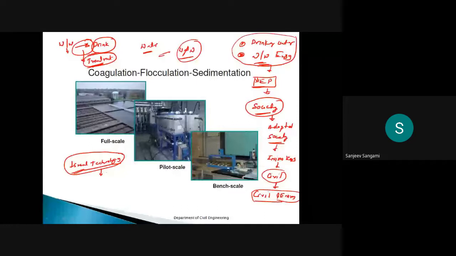So with understanding of this, maybe we'll try to complete all these processes in another 4 to 5 classes, but after that at least we should be able to develop a small unit which can treat at least our own household water, at least our kitchen wastewater, so you are able to recycle it. Okay, so recycle and reuse are very important concepts that I'll explain later in the next class. So we continue in the next class itself.